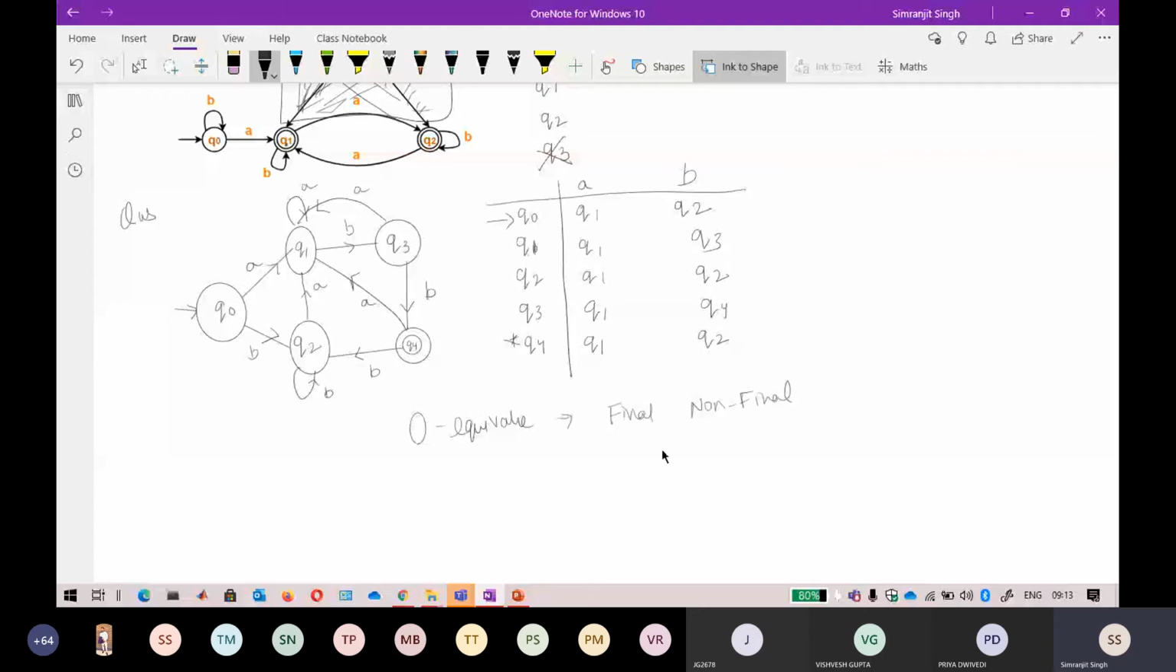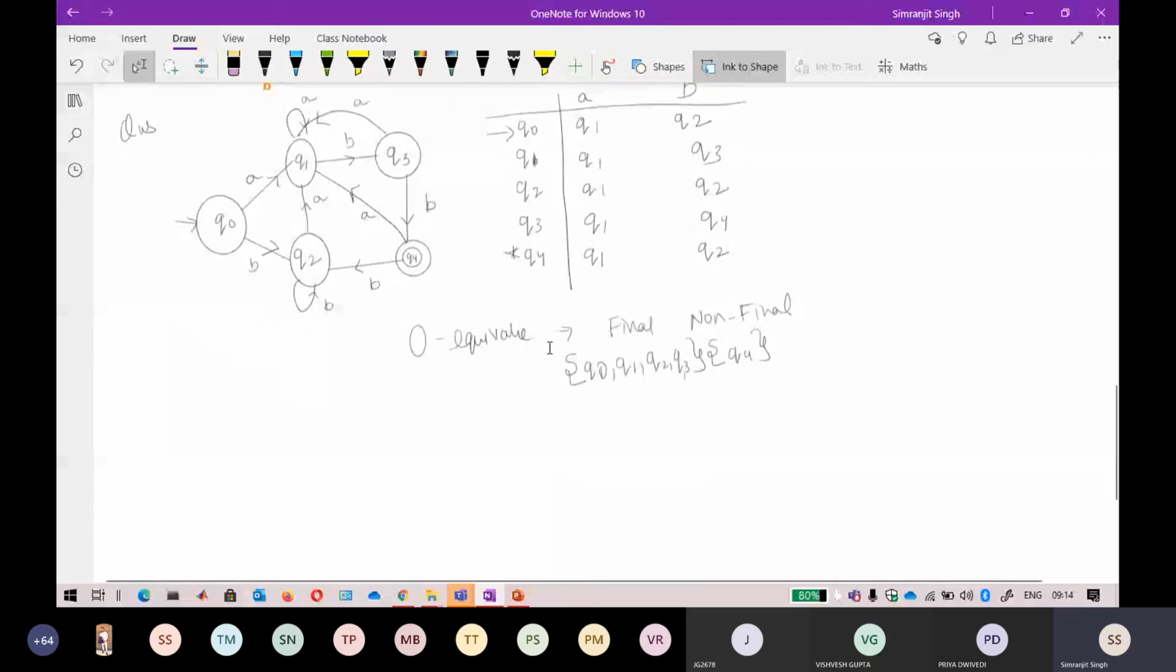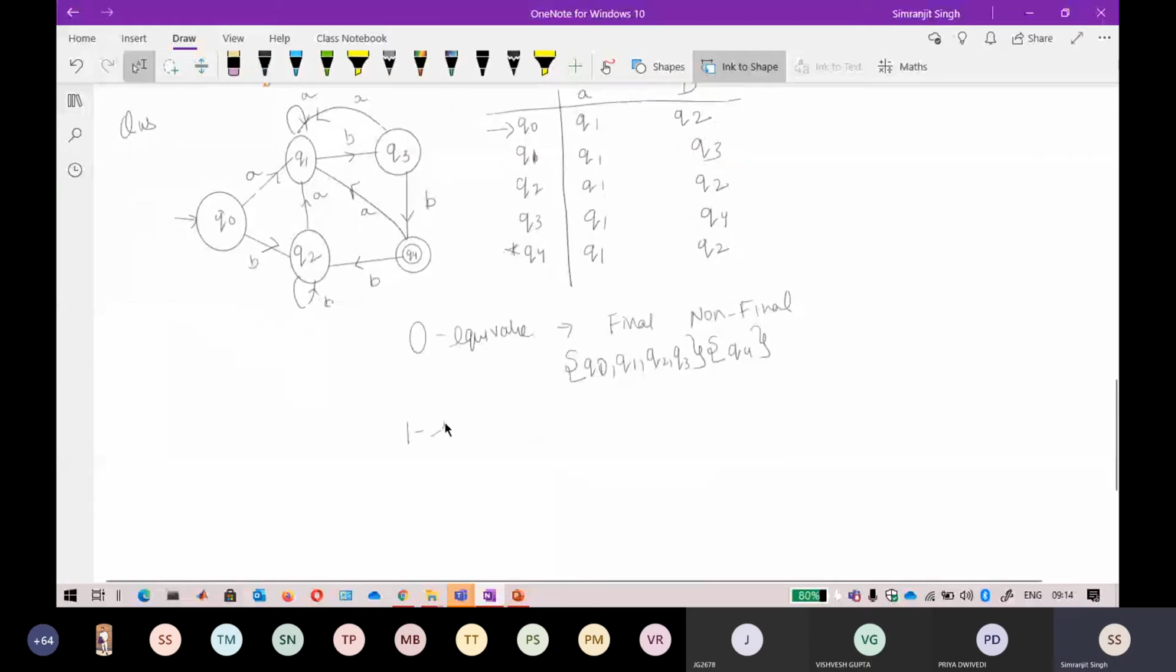So the final state here, if you look clearly, is only Q4. So I write this as one state. The non-final states are Q0, Q1, Q2, and Q3. Now this will be a good question because it contains four states here. Now it will be clearer to you. Okay, so for one equivalent state,